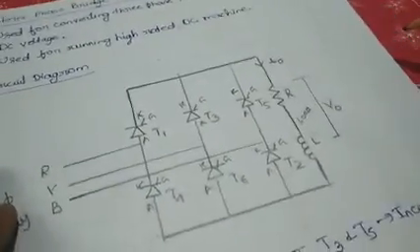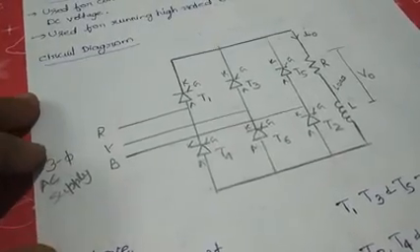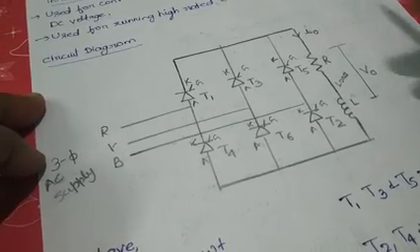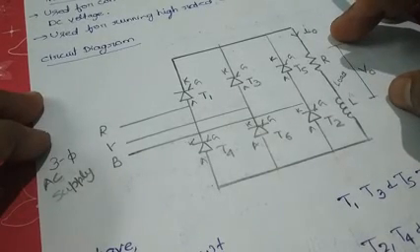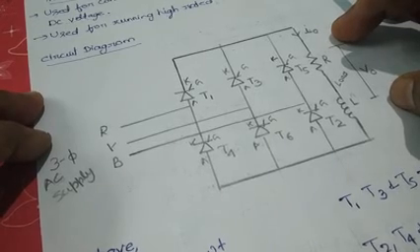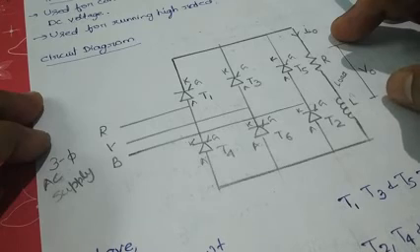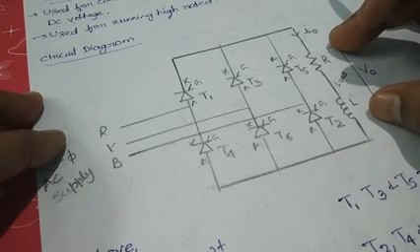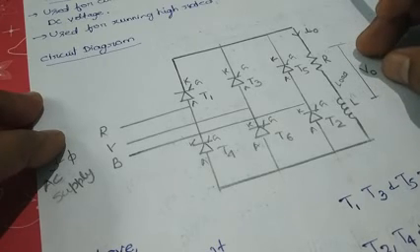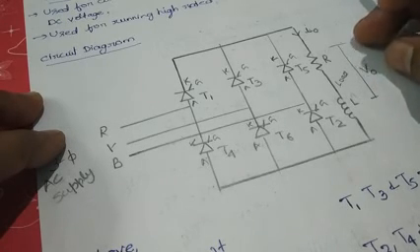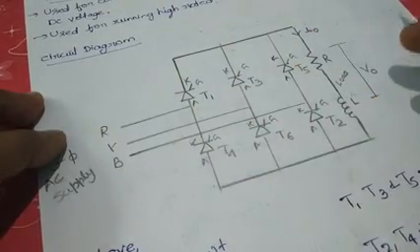Okay. Now this is the circuit diagram. This is the three phase RYB, a three phase AC supply, and here it is a load. It is an RL load. In industry we will get an RLE load, where E stands for the back EMF of the motor. Here for simplicity we will discuss only the RL load. If we have an RLE load, the waveform will be slightly different, but the main working of this three phase converter will be the same.